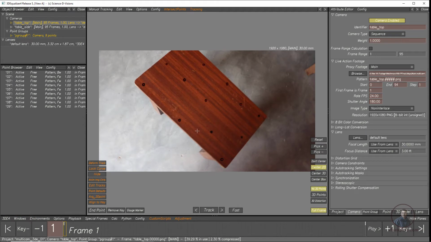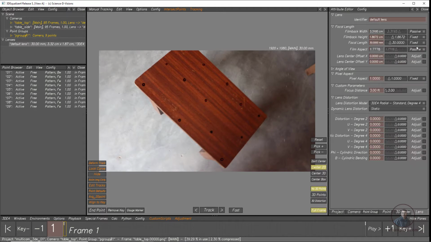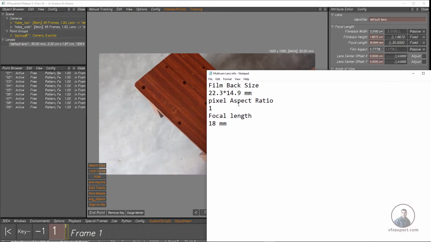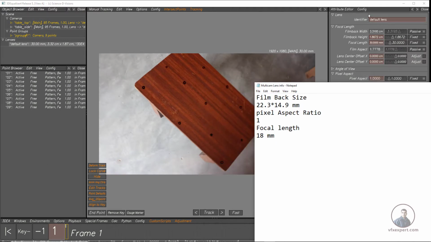Before solving your camera, if you have your camera lens information, like here you can see default lens information, then on the right side you can see this is important for your camera solve. So if you have any information, you can type it in before solving the camera. So I am going to type it here. Now here you can see the information about our lenses.